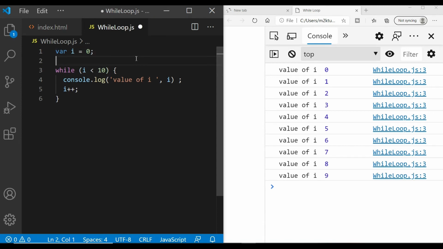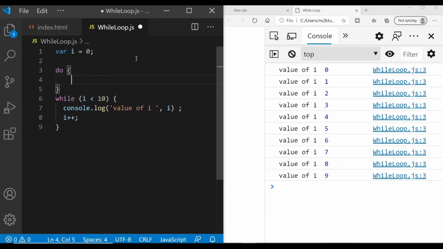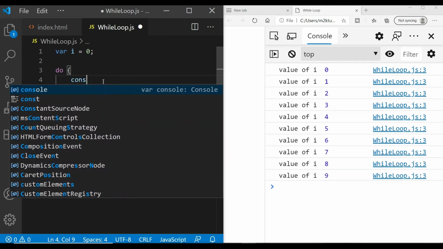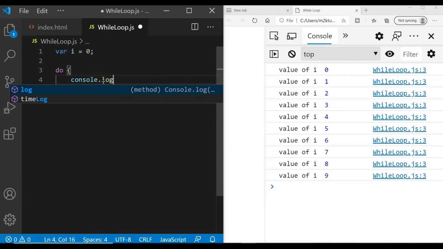The other variant of this while loop is called do while. So what happens here in do while is that your code block runs once first, in the do section.